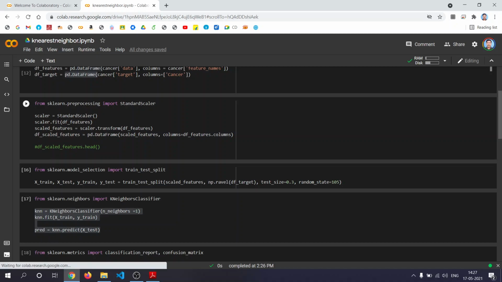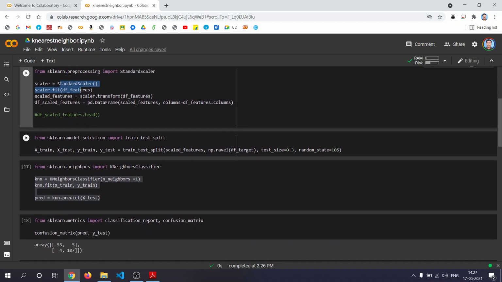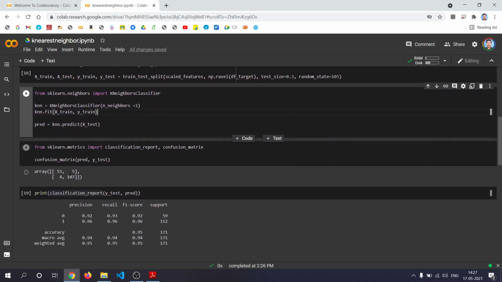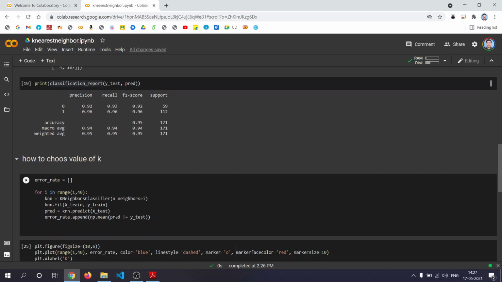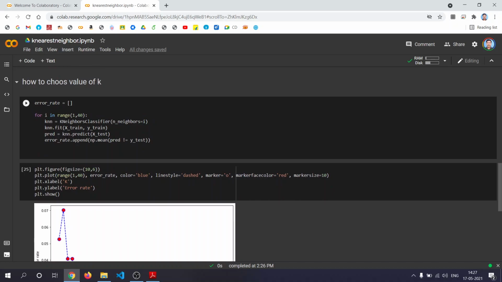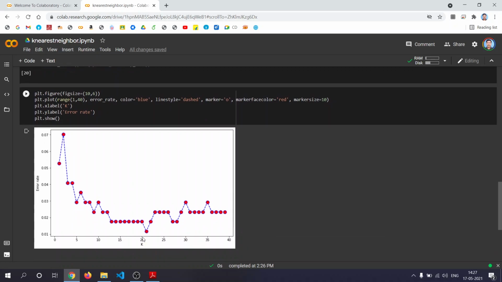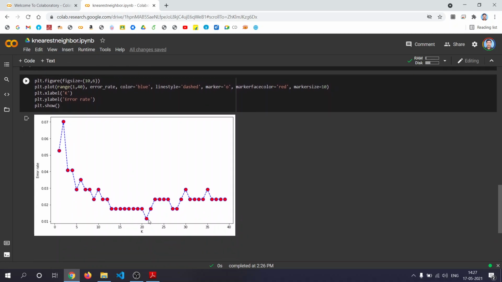We used a standard scaler for scaling the data, then used k equal to 1 and created a KNN classifier and saw the accuracy, precision, recall, etc. Then we have seen how to choose a value of k, that is by looking at the error rate obtained for different values of k, and you can see from this plot that the minimum error rate was obtained for k equal to 21. That's about the implementation of the k nearest neighbor algorithm. Thank you.